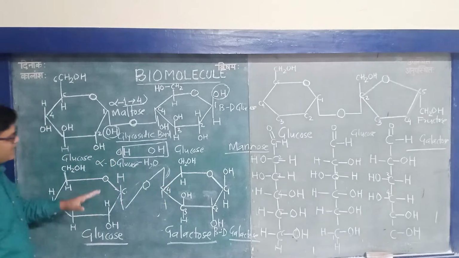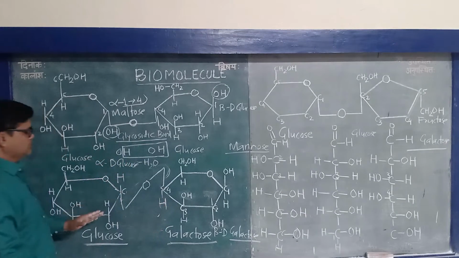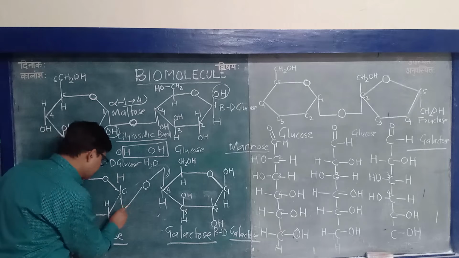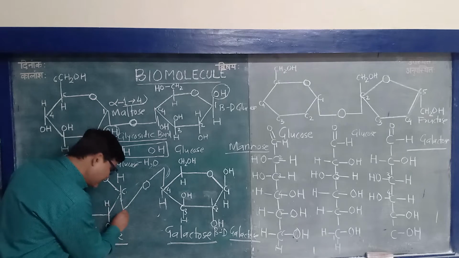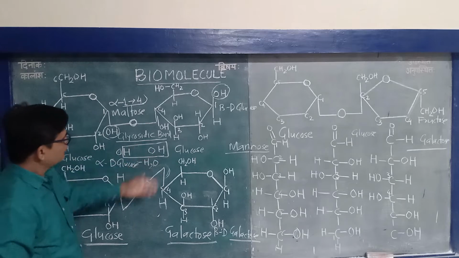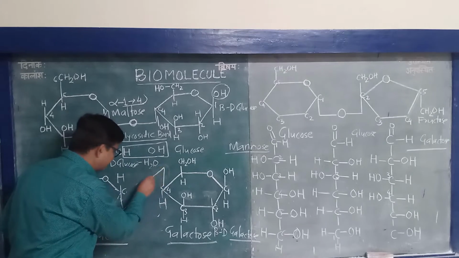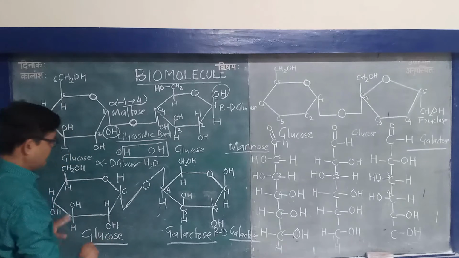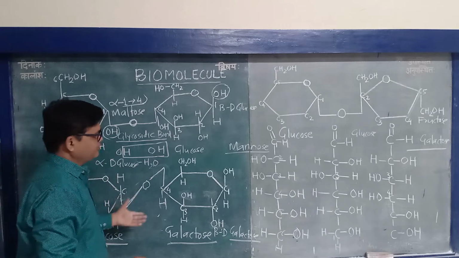Okay, why am I telling you that you have to show this bonding in this form? Because in one case the hydroxy group in glucose is below the plane, and in case of galactose it is above the plane. So you have to show it like that. Okay, in the same way, if we observe